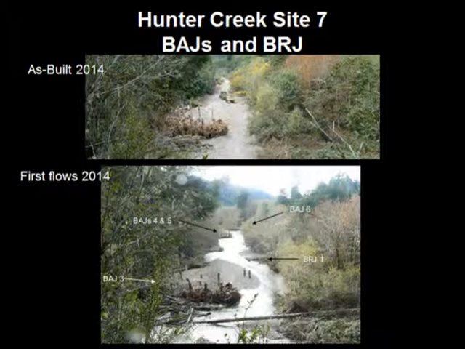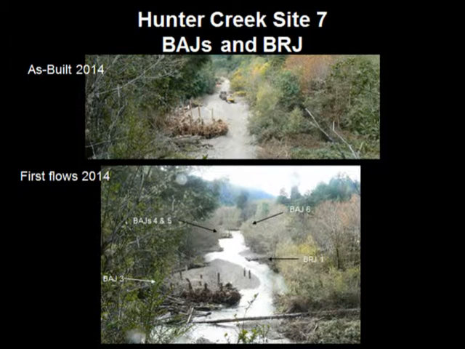Moving downstream through Site 7, here you can see an assembly of several jams that work together to change the hydraulics, store sediment, and provide habitat. So bar apex jam 3, I call it the chaos jam. It's storing a tremendous amount of gravel upstream